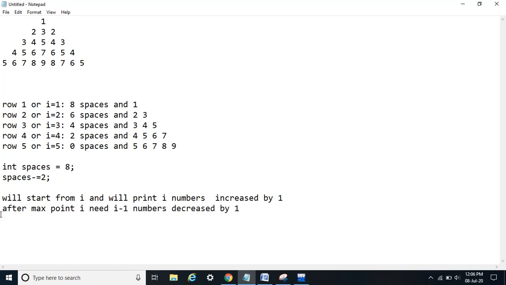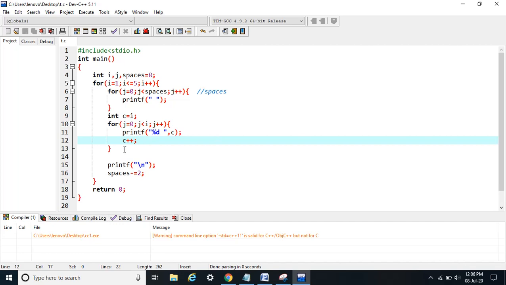So for each row, first I will print the spaces, then I will start from I, print I numbers increased by 1. So after reaching the max point, we need I minus 1 numbers decreased by 1. No problem. I have this value of C. What I will do?